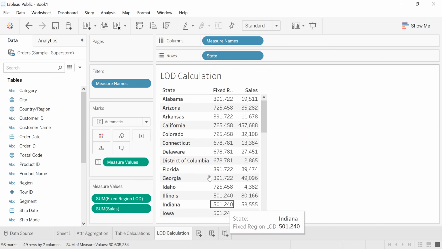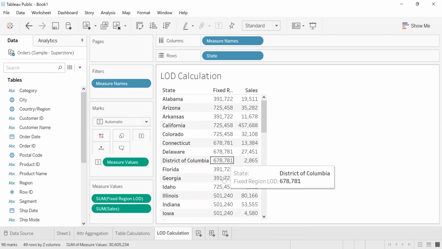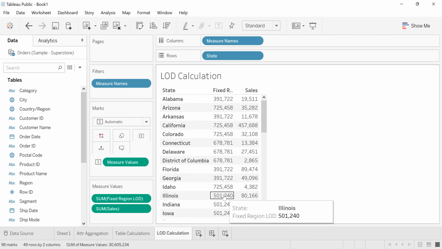So irrespective of the dimension which is there in the view, my LOD expression is showing that the data is aggregated at the region level. So if you have a requirement where we have to show the data at a particular level, I can use the fixed LOD. Whatever the measure is, dimension or part of my view, I don't care, but I want my measure fixed at that particular level and shown in the UI. So I can go and use the fixed LOD in that.